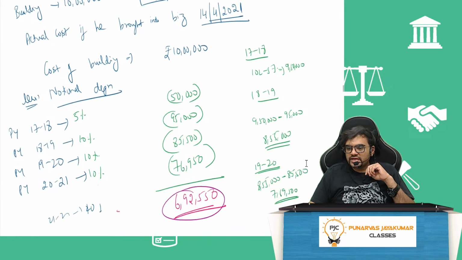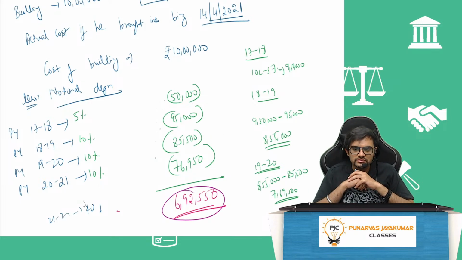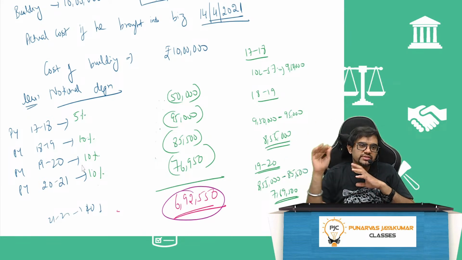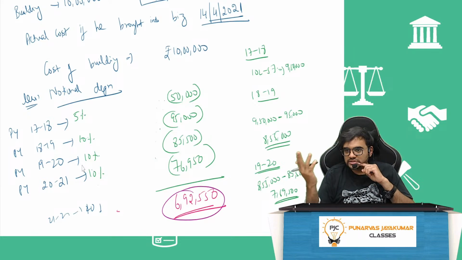The question is, should I calculate the depreciation as and when it happens, as in each year, or should I calculate at 10%? Like every year, these are the rates of depreciation. Should I take it at that rate, or should I take it at the rate in force when the asset was brought into business? What was the rate? 10%. Should I take 10% everywhere, or should I take every year's depreciation rates? That can be one MCQ question.